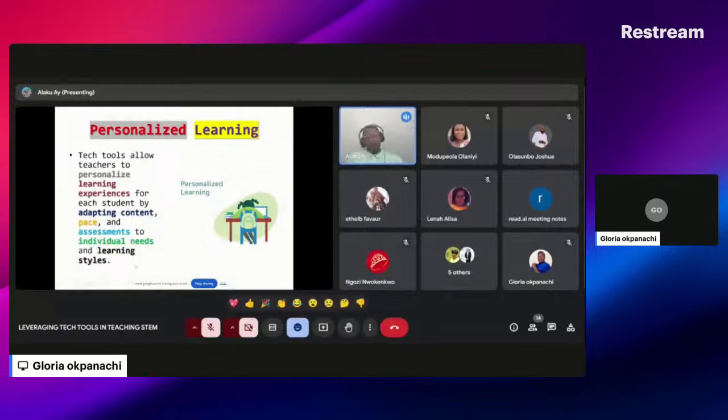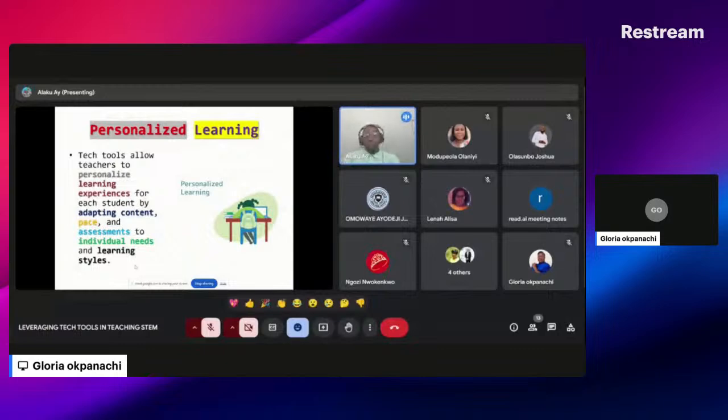We're able to meet the students' strengths. It moves away from the one-size-fits-all approach, where we use the same method to teach all students, when different students have different educational needs. It's more focused on customization and flexibility of the learning experience